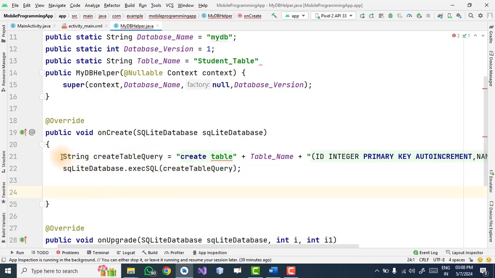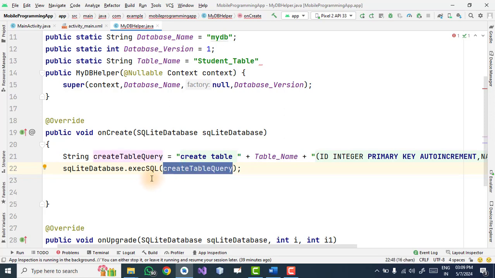So here what we did is we just created a query, which is your create table query, and then just put a space here. Okay, it is giving an error. Why? Because we had not given a space here. See, I just gave a space. And then we execute the query using the method execSQL, and we are passing that query to this execSQL method.